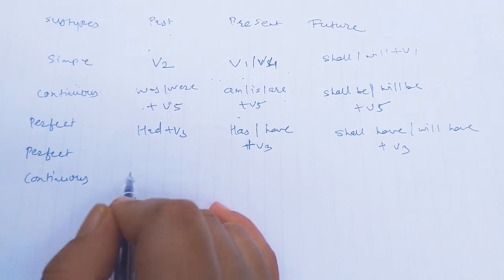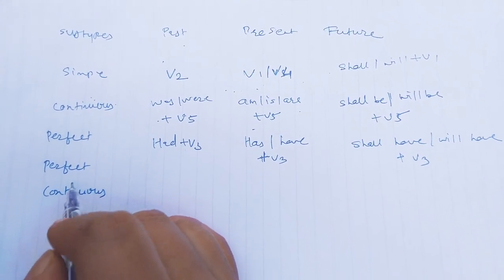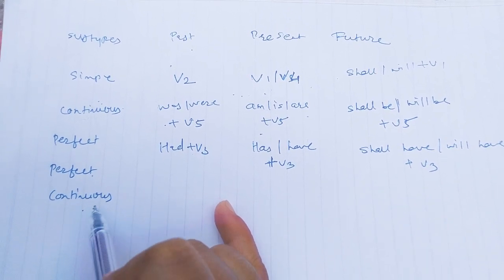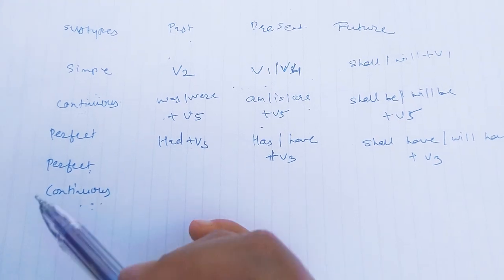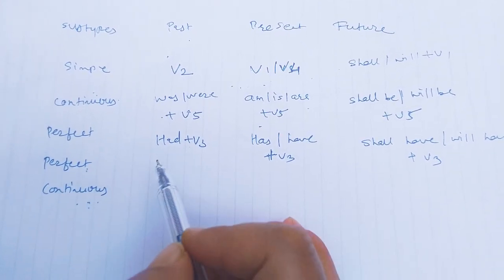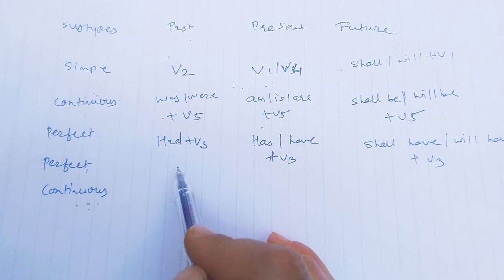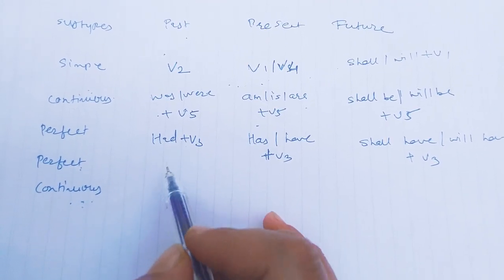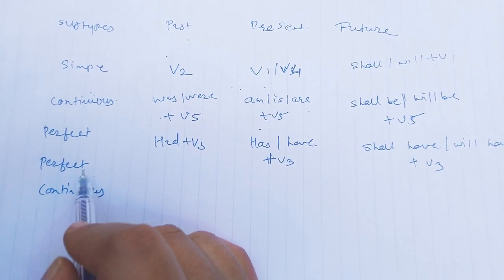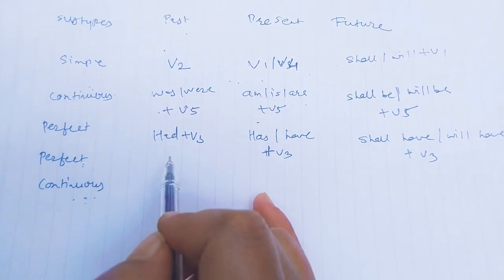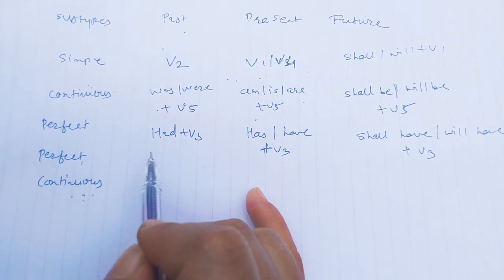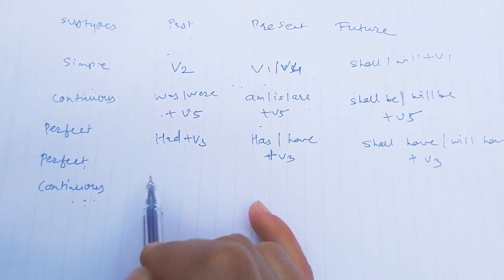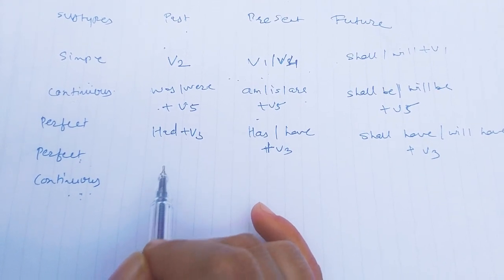Now 3 more are there. Here, perfect continuous. Now see, here you must have a doubt about perfect and continuous. Continuous, I told you, means continuity, and perfect means that the action has been completed. So how will this contrast work? How can we manage these forms of to be and to have? So there is a solution for this contrast that I am going to introduce here. See, to indicate that the action has been completed we need to use forms of to have, and for the continuity we can use the ing form, that is the V5 form of the verb.